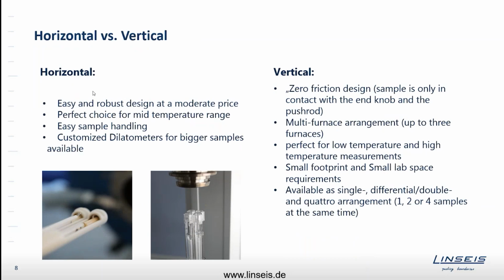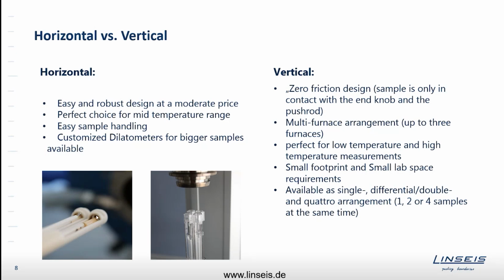The clear advantage of the horizontal setup is that it's quite easy to handle. You just put your sample with the tweezer from the top into this sample holder you see on the top left, on the down left picture. It's quite easy to handle. It's user friendly. It's really simple. It's the perfect choice for mid-temperature ranges, I would say up to roughly 1000 centigrades. It's, as I said, easy to handle, and it can be customized for bigger samples, customized for special samples,